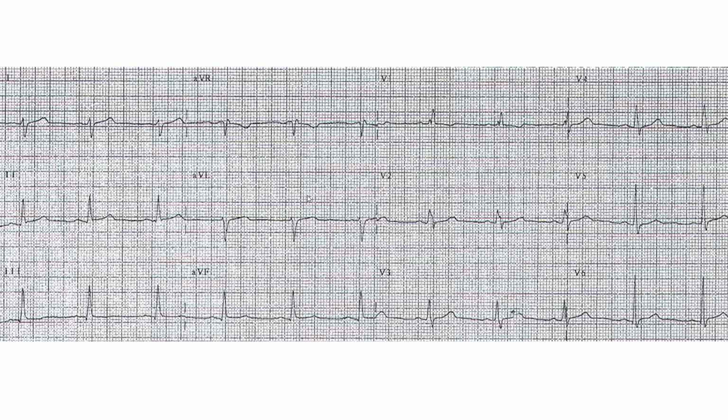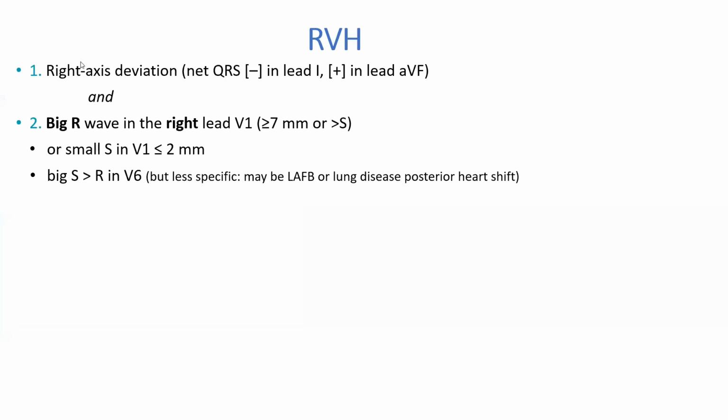So this patient has RVH, and this is how RVH is defined: right axis deviation more than plus 90 degrees, or sometimes a little less, but close to plus 90 degrees, maybe plus 80 degrees. And so you need right axis deviation. Unlike LVH, you don't need left axis deviation. And actually with LVH, you tend to get a leftward axis. You don't usually get full-blown left axis less than minus 30 degrees. Actually, with LVH, if you have a full-blown left axis, it's usually something else associated with it. It's either left bundle branch block or more commonly left anterior fascicular block when it's a full-blown less than minus